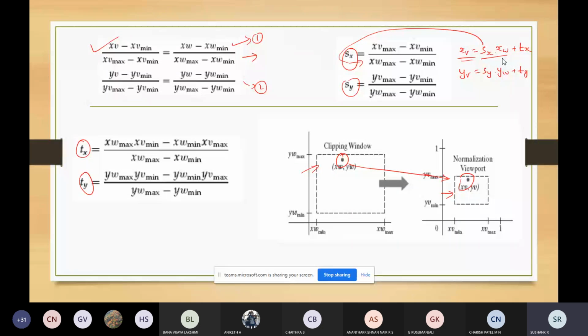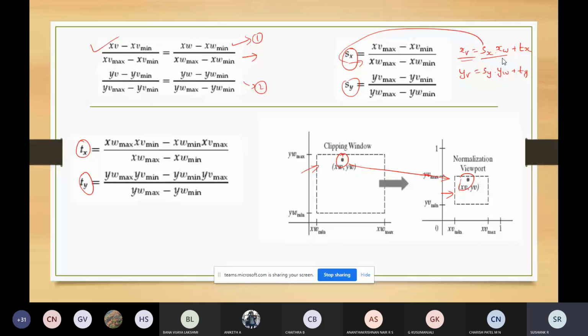So first, in order to transform the world coordinate point to some relative position within the viewport, we have this formula: xv minus xv min by xv max minus xv min is equal to xw minus xw min by xw max minus xw min. The same thing is done for y also. After you solve those formulas, you'll get the position of xv equal to sx xw plus tx, yv equal to sy yw plus ty.